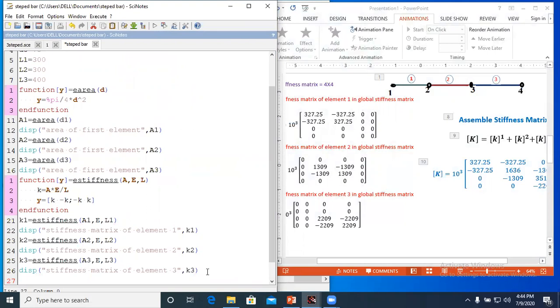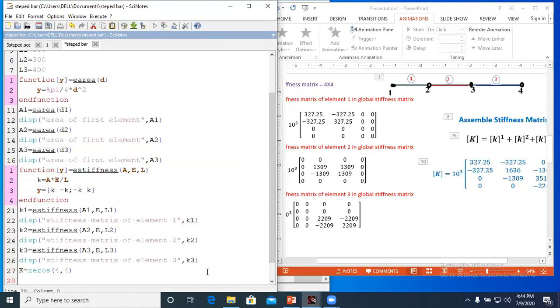Now I will define one stiffness matrix with zeros, and the size of that matrix is equal to the total degrees of freedom, or it is the size of the global stiffness matrix, that is 4 by 4, that is zeros(4,4). This is the matrix of zeros.